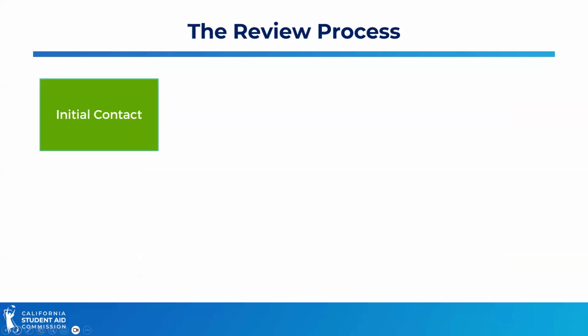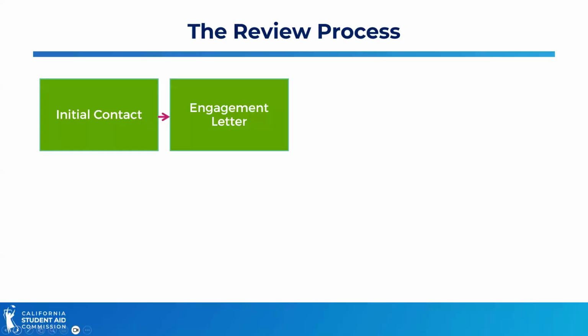So the review process looks something like this. Initially, an auditor will reach out to likely somebody in the registrar's office or financial aid office director, perhaps, and that individual 2 to 3 months before they're going to schedule the audit will reach out and say, hey, your school is selected for an audit, and they work out what date or what week actually works best, because the audit takes place over the course of about a week.